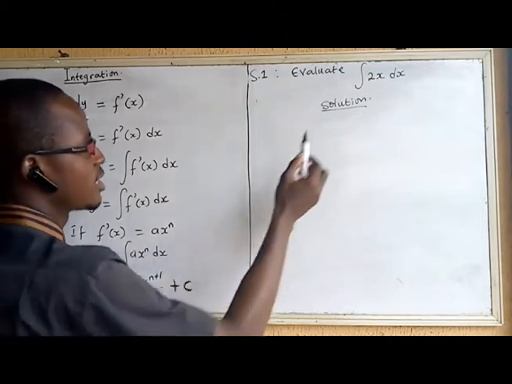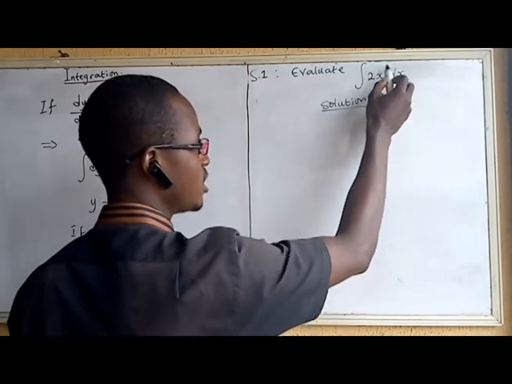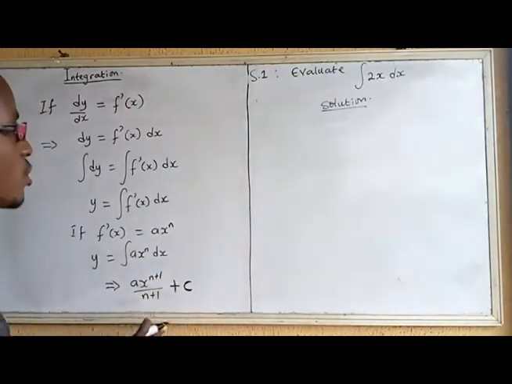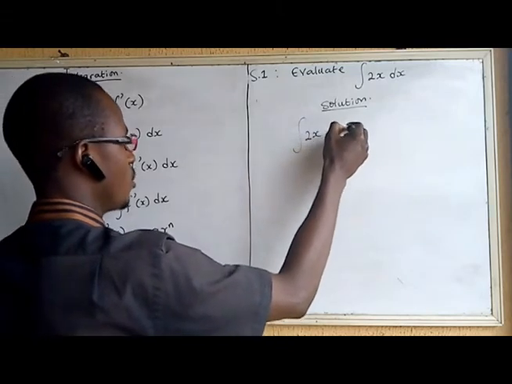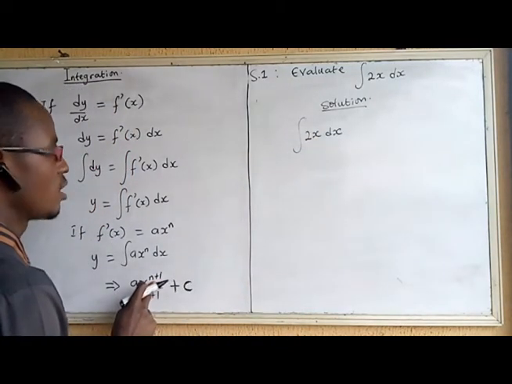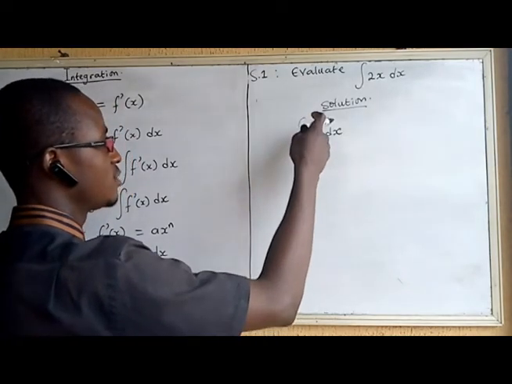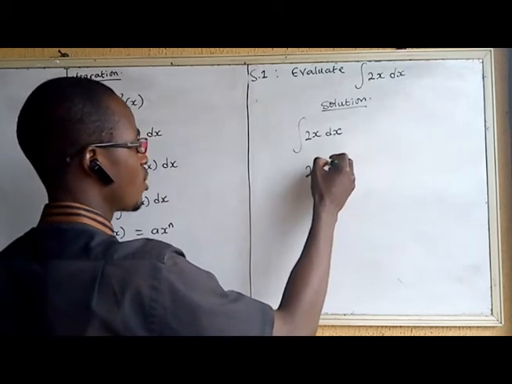The n here is the power of x, which is a variable, and is 1 as far as this expression is concerned. So what the technique told us to do is that we have the integral of 2x dx, and we add 1 to the power of x. Meaning we have started integrating. Once you start integrating, you remove the integral sign. So we have 2x^(1+1)